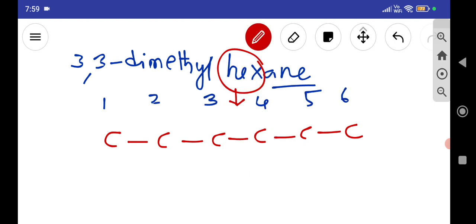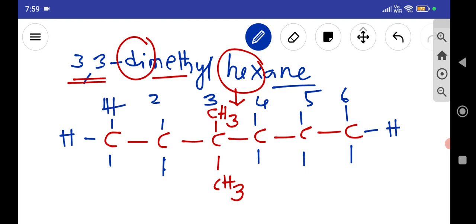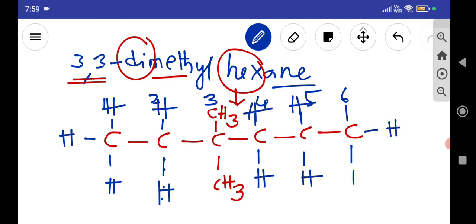Then what are the branches given? Methyl, but there are 2 branches at third position. So here 1 methyl group, and at the third we can put 1 more methyl group. Then the last step, complete the hydrogens by writing the tetravalency, that is 4 bonds. So observing this, we get a H. So this is H and H, CH3, CH2, then here again CH2, 5th carbon CH2, and the 6th carbon is